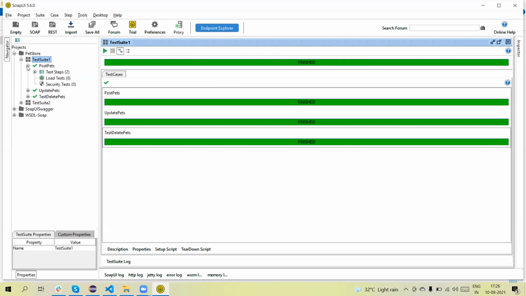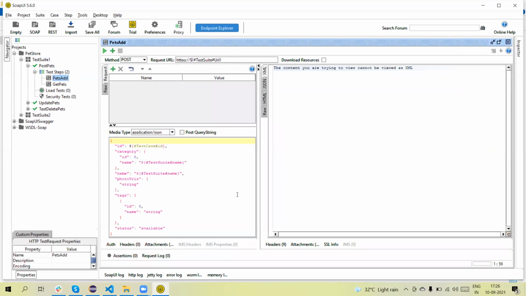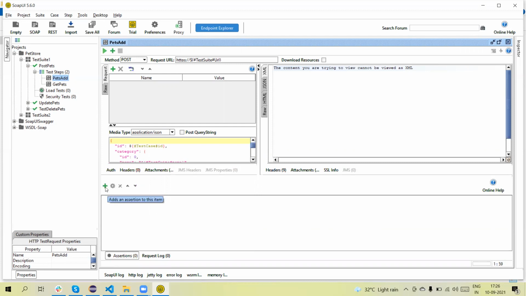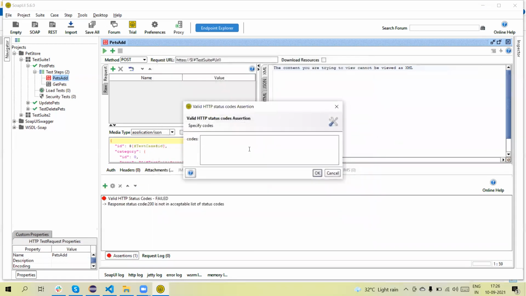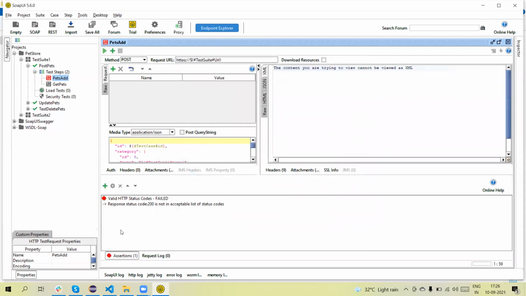Let me mark one test as failed, and show how it will look. There is an assertion. I will go into more assertion details in the coming video, but I am going to use one assertion that will check the status code, passing 201 here. Its status code is 200, but we are expecting 201. That's why this test will fail.